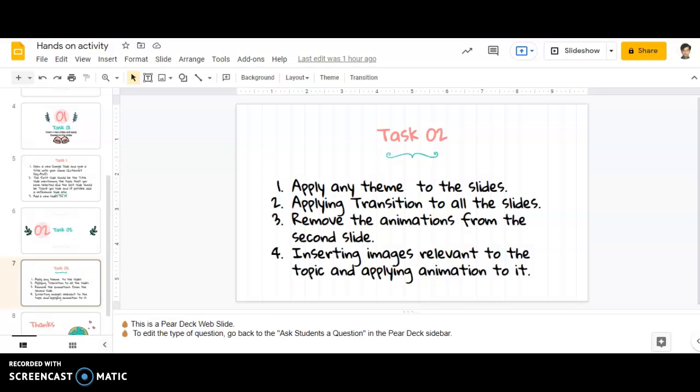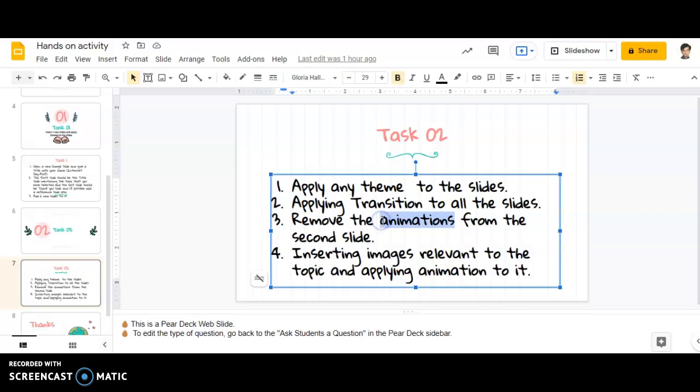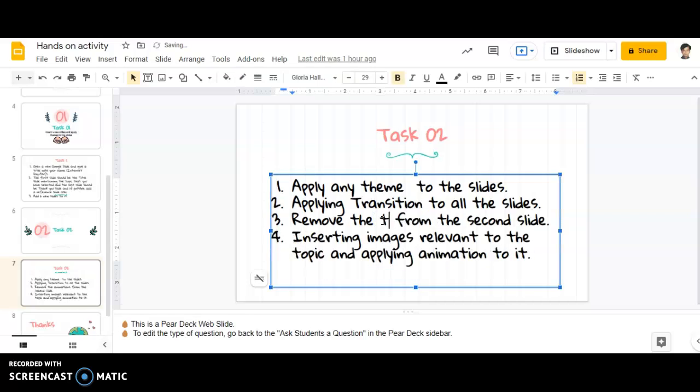Now, since we are done with task number 1, it is time to move to task number 2 for a hands-on activity. Here is the list of the tasks that we will be doing. Apply any theme to slides. Apply transition to all the slides. Remove the transition. It should be transitions over here. So, remove the transition from slide number